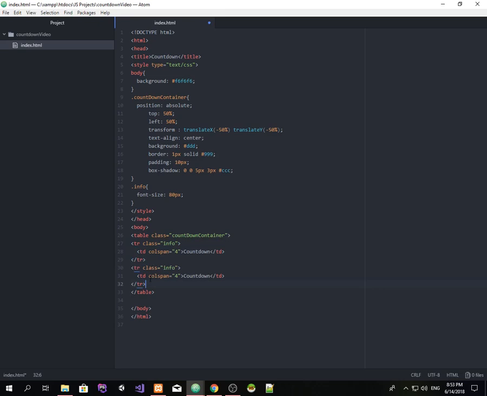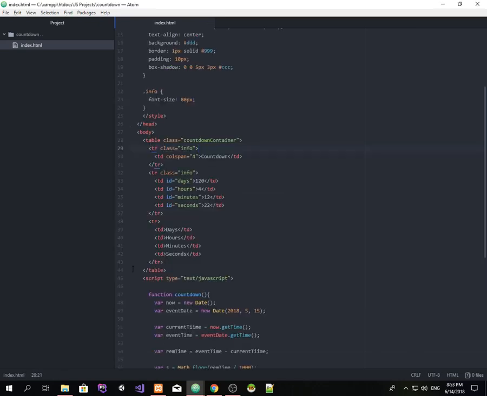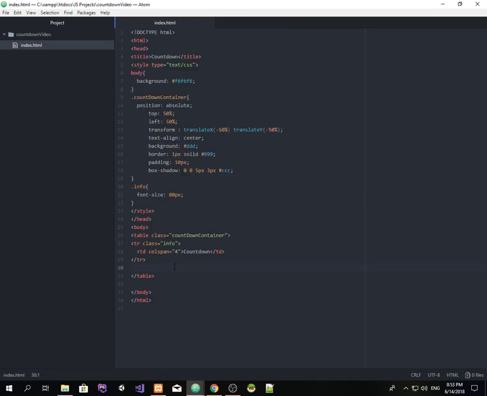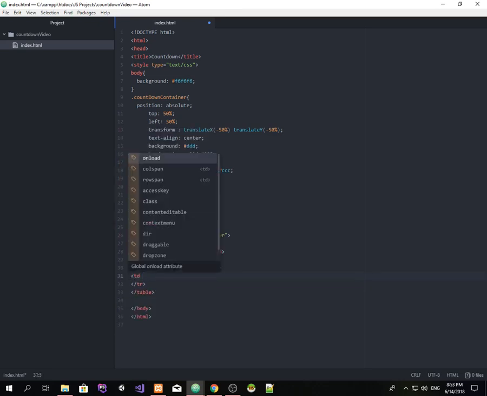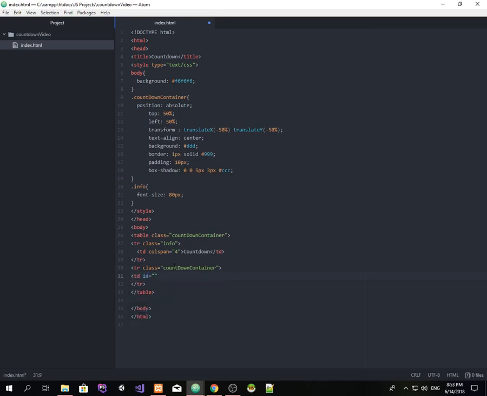I'm just applying it because I'm not really good at designing, and I created this really hard because I'm not really good at CSS. And we're going to create where our values about days, hours, minutes and seconds are going to be stored. So we can say that we want another TR to be opened with a class of countdown container again. Close it. Say again, we want to close the TR, and inside we want 4 TDs, like TD with an ID of days,